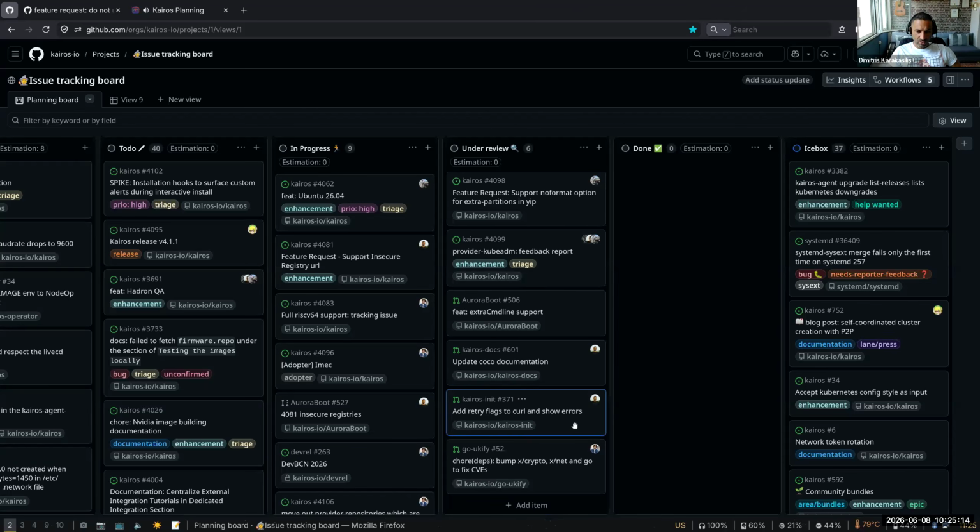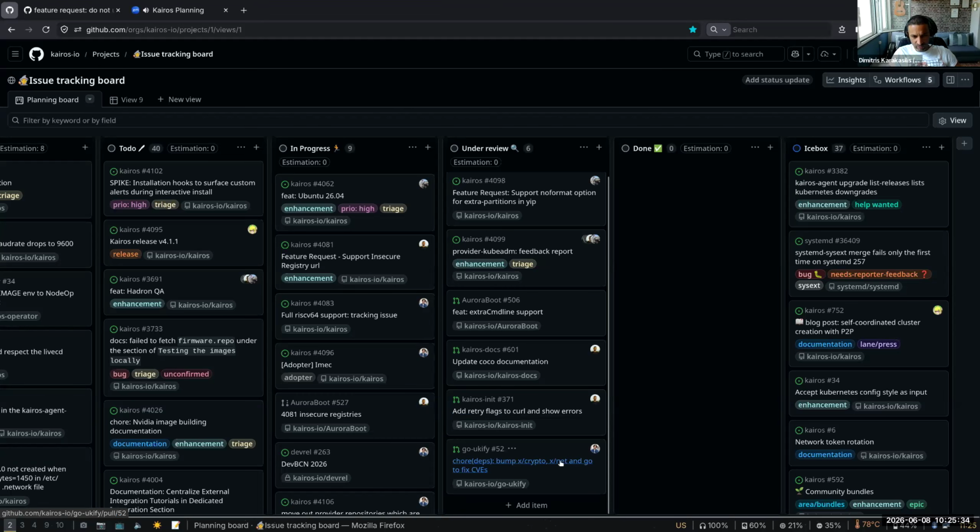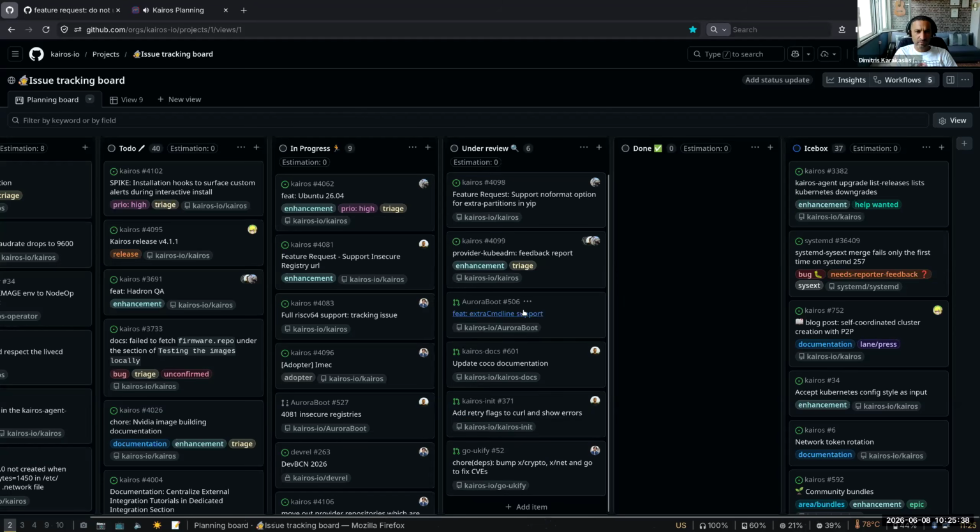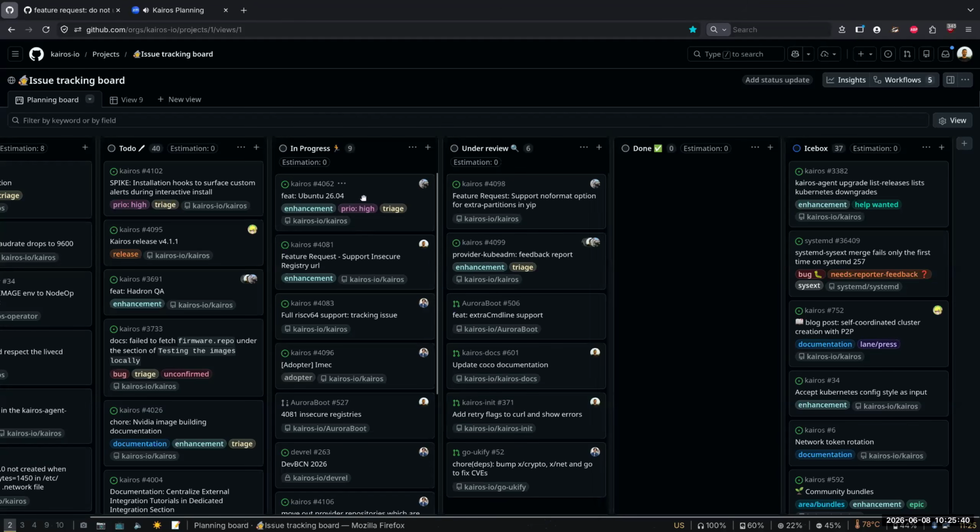Retry flags to kill and show errors. I did it this morning because CI is failing and doesn't show what was wrong. At least we see that GitHub is throwing 500 and things like that. And I added retry flags. I just did it some minutes ago, so please review. And then bumps from Mauro to fix CVEs getting to the release. Yeah. All right. I've got something else in review